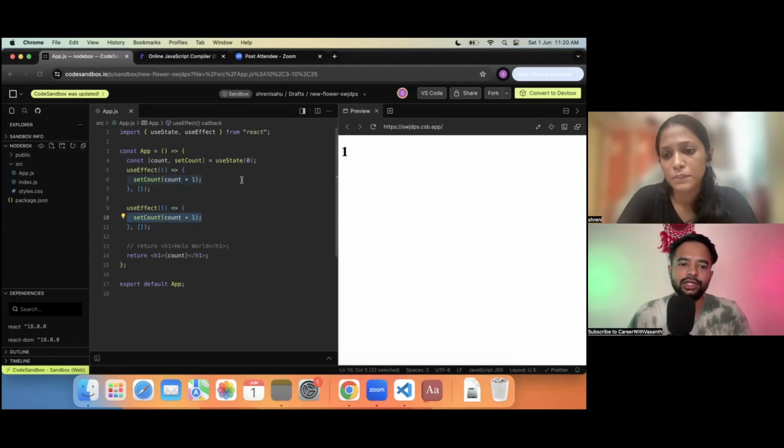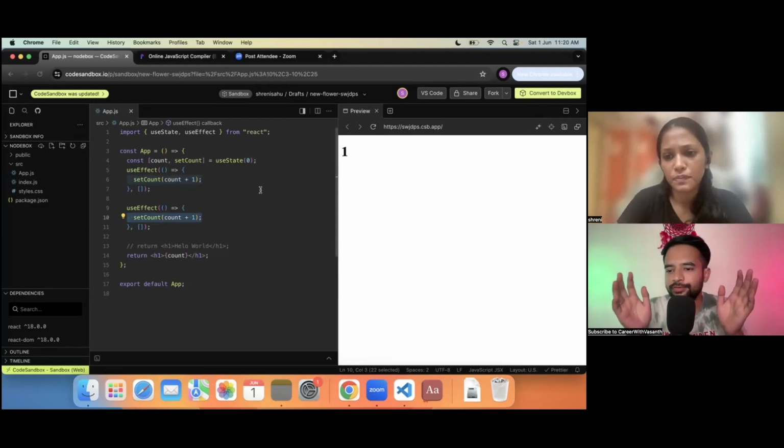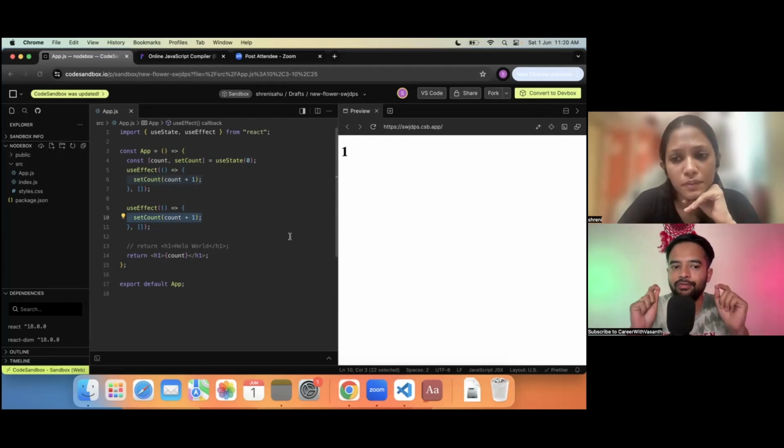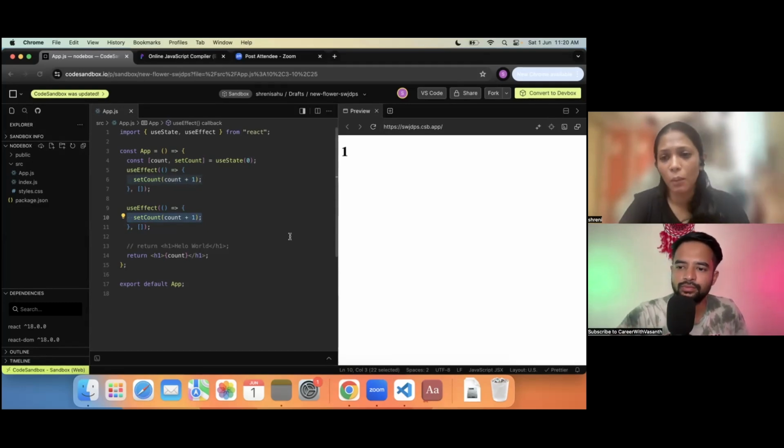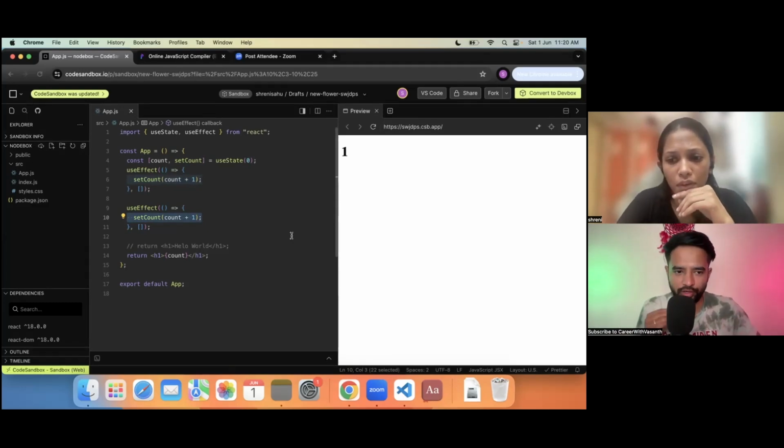Sure, the problem is the state updating delay. Got it. Let's understand a little bit in depth, Ashwini. So we have two useEffects now, correct? useEffect 1 and useEffect 2. And both the useEffects will run synchronously or asynchronously, you tell me. They'll run synchronously, one after the other. So whatever useEffect we have in line number 5 is executed first, followed by the useEffect in line number 9, correct?